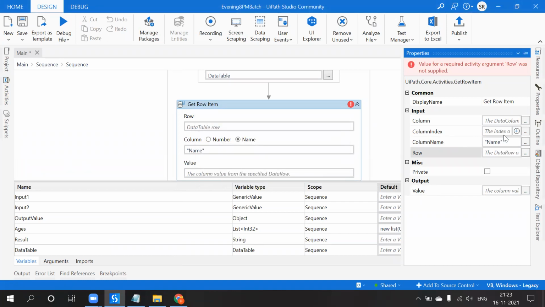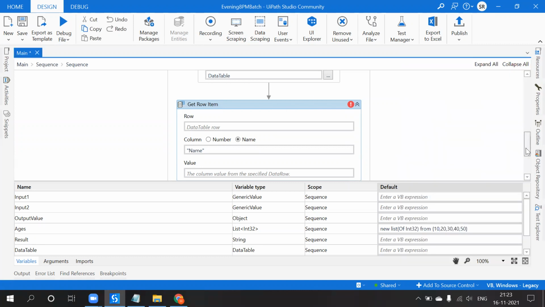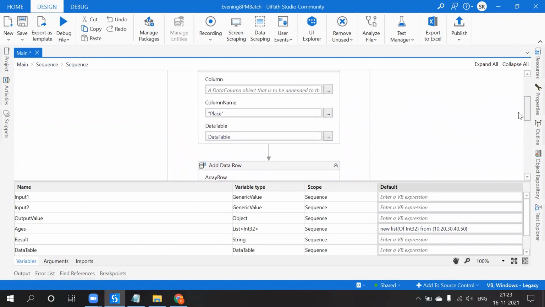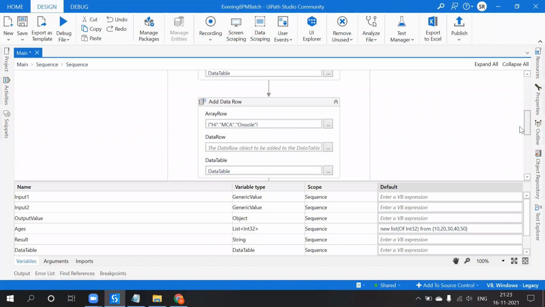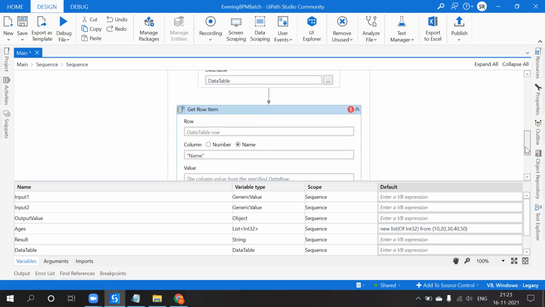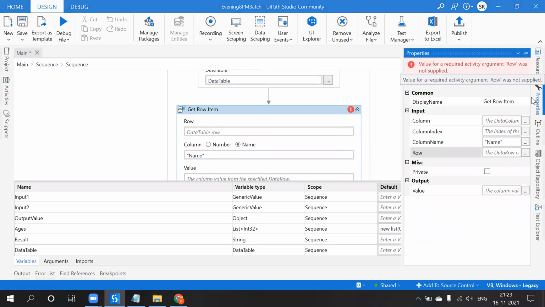And it's a data column. So the data row object from which value is to be retrieved, and output the column value from the specified data row. So the data row object,